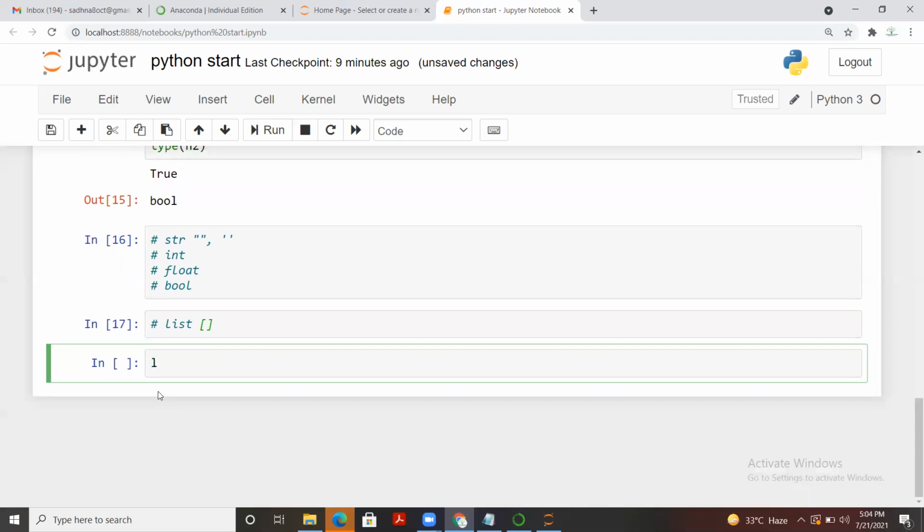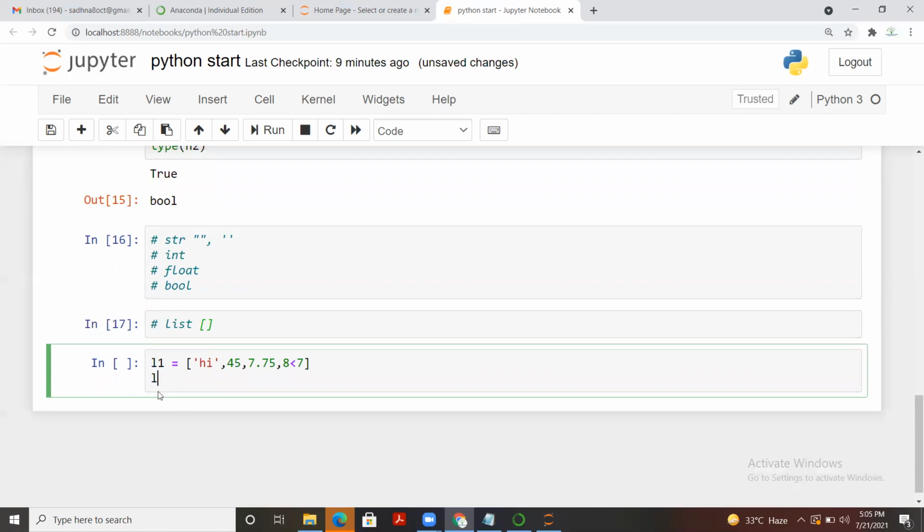So I told you that this is a list. One thing that you have to remember: never give the name list while creating a list. You can use any name, but not this one. So I've taken the name L1 this time, and I'm going to use square brackets. That's why I told you that you have to use square brackets to create the list. And I told you that I can have different data types altogether. So that's character, that's numeric, and we have float as well, and we have boolean too. So this is how we can have multiple values altogether.